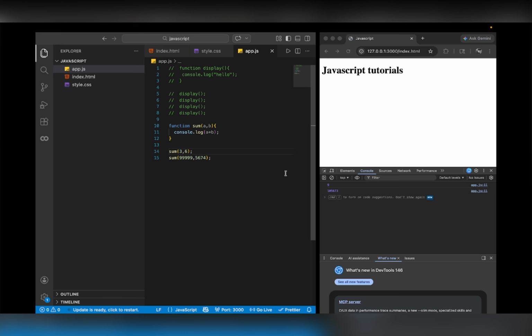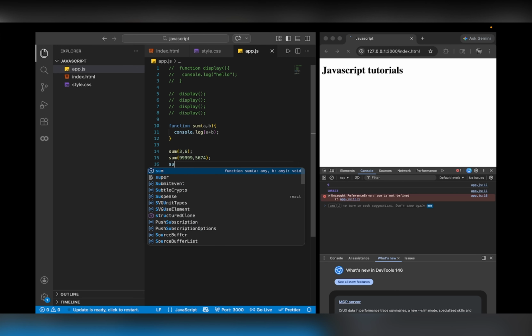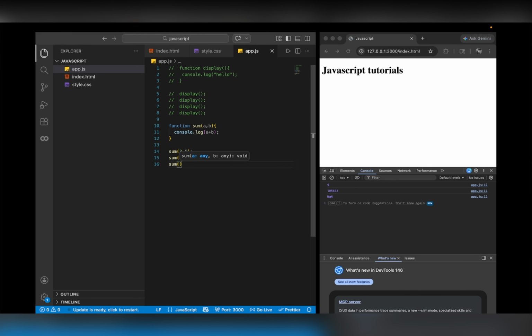यहाँ पे आप देख सकते हो इसका सम प्रिंट हो चुका है। एक बार और हम लोग फंक्शन को कॉल करते हैं सम 99 एंड 89। तो यहाँ पे आप देख सकते हो उसका सम प्रिंट हो रहा है। तो ये हो गया पैरामीटराइज्ड फंक्शन। अब हम लोग चाहते हैं कि फंक्शन से कुछ वैल्यू रिटर्न हो।